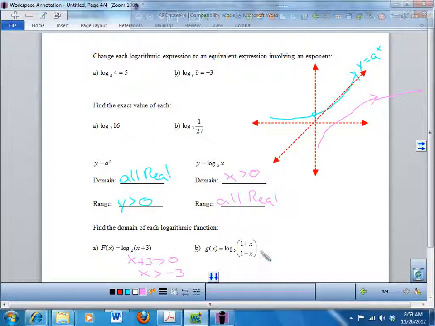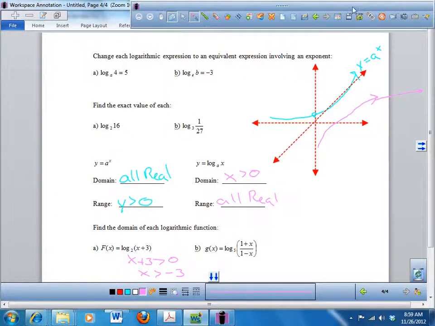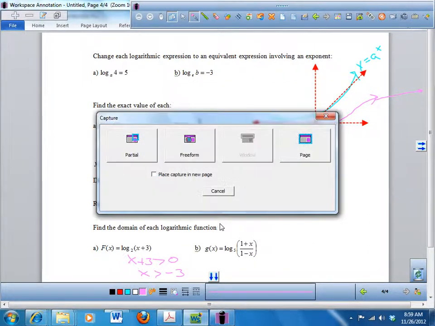Sure. This one's kind of tricky though. This one's kind of tricky. Do you want me to do this kind of tricky one? Sure you do. Okay. I don't know. I can do this one. I have to grab a picture of it. No. So